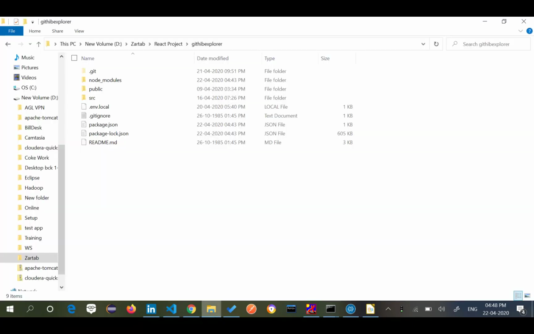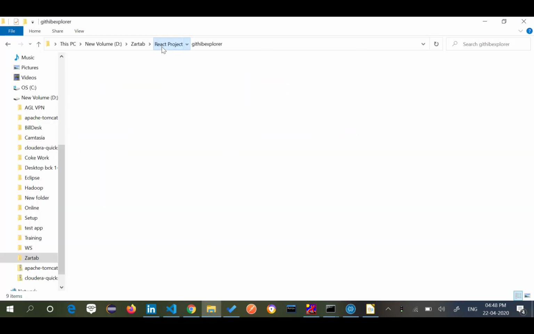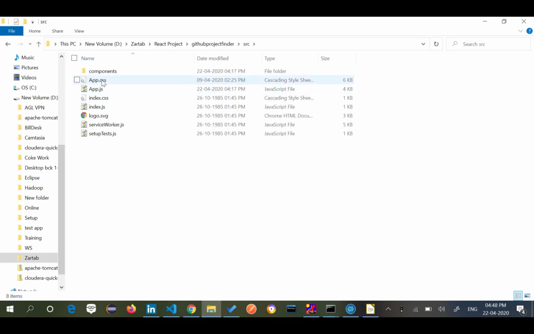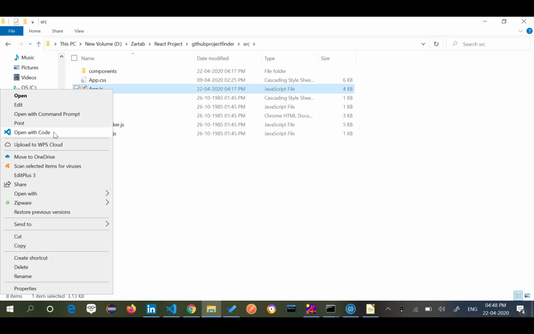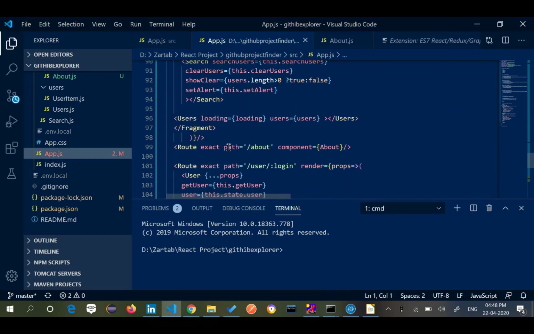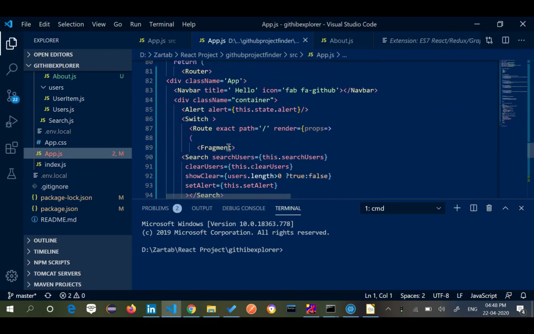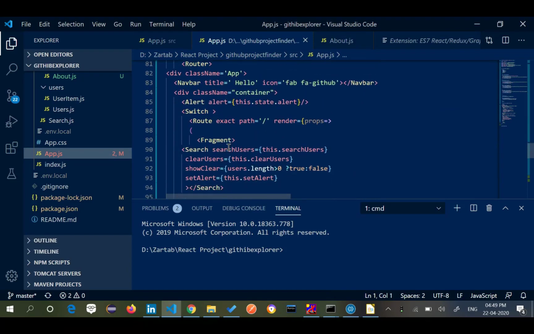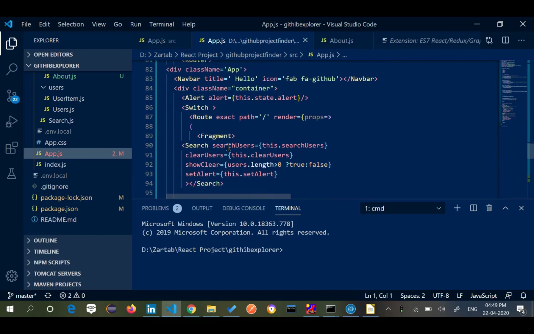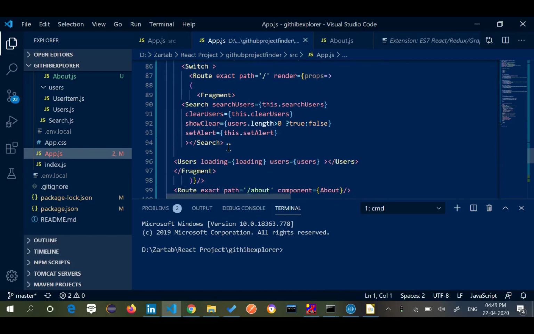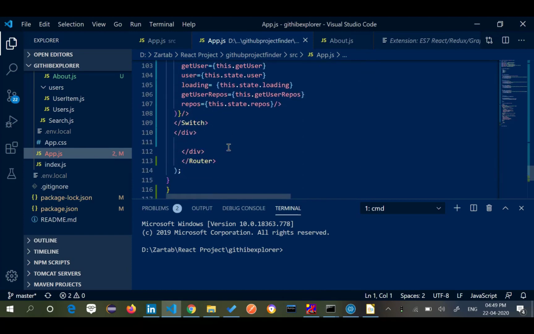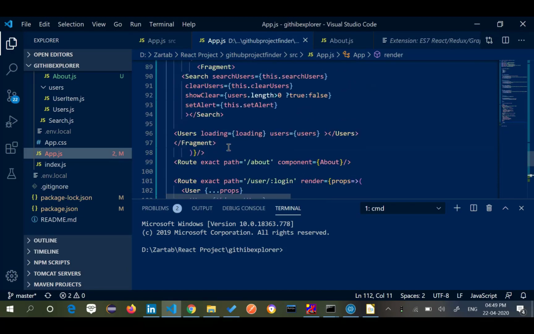Okay, let me just quickly check my other code. Sorry for this, but I forgot what I was trying to do here. So I created a Router, then I created a Switch inside, and I'm putting everything inside a single Switch.